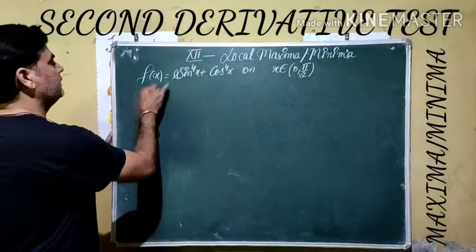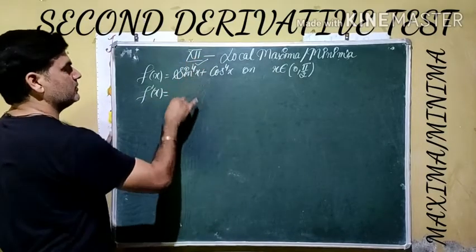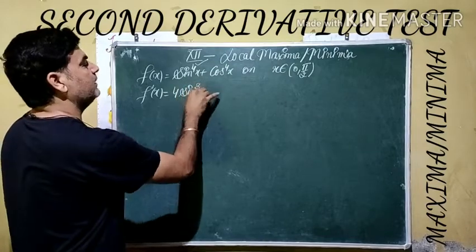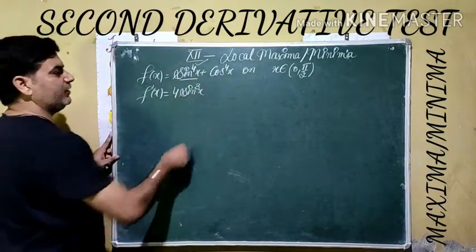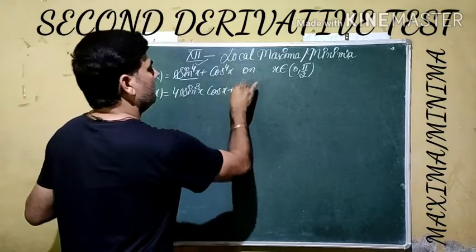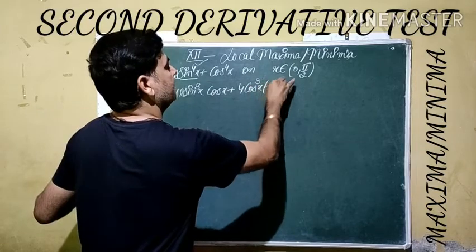Our first step is to find the first derivative. Here the function has a power, so we first apply the power rule. The power comes forward, and the power decreases by 1. Then we apply the derivative of the base; the derivative of sin theta is cos theta. For cos, the power comes forward, the power decreases by 1, and the derivative of the base is minus sin x.